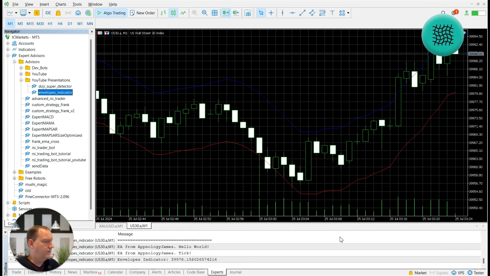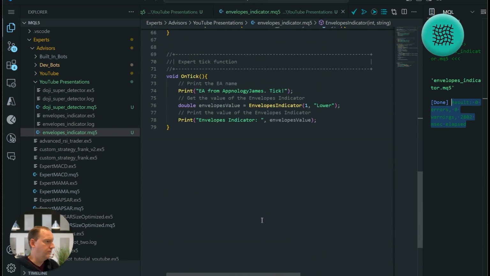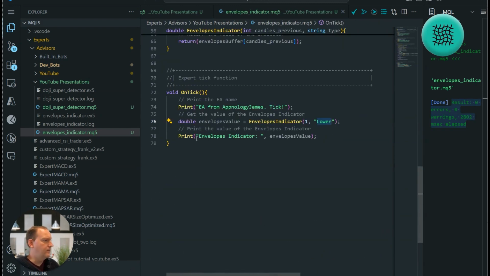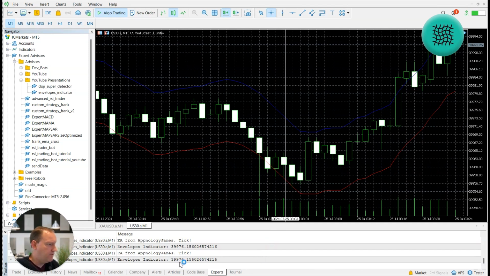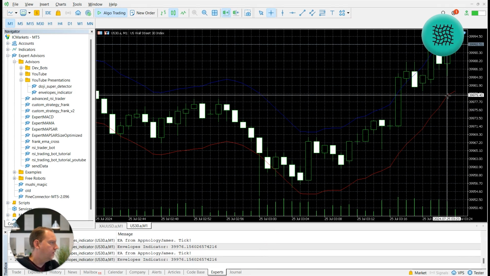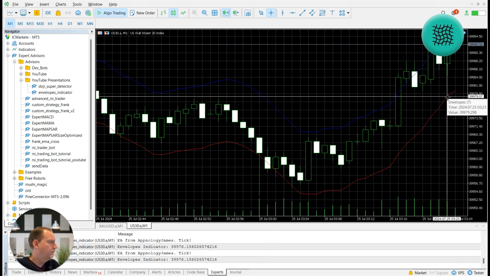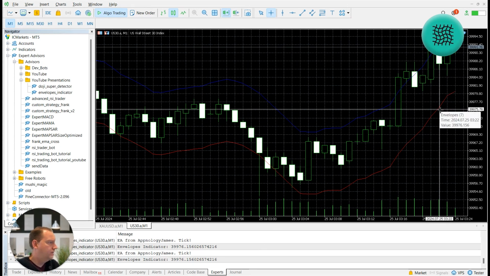0.02. Okay, now in our code, let's just double check for our code what we said that we wanted to go for. Okay, so get the value of our envelopes indicator. Okay, so the previous candle lower. Let's go and see if it's giving us what we're expecting. Okay, so we're getting this value here, 39976.156. Okay, if we go to our previous candle,